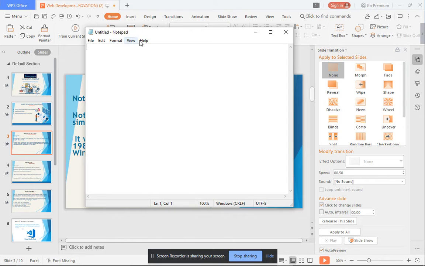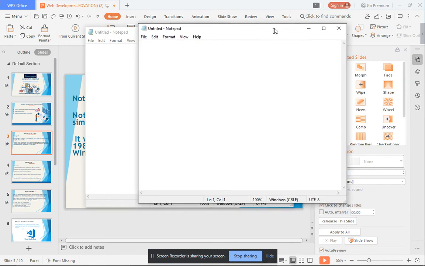Here we have five menus. The first is File, and in the File menu we have lots of options. If you want to open a new file, you just click File and click New, and your new file will be created, or the shortcut is Ctrl+N. Or if you want a new window, what is the meaning of new window? This is the first window, and if you click on this, you get another window.